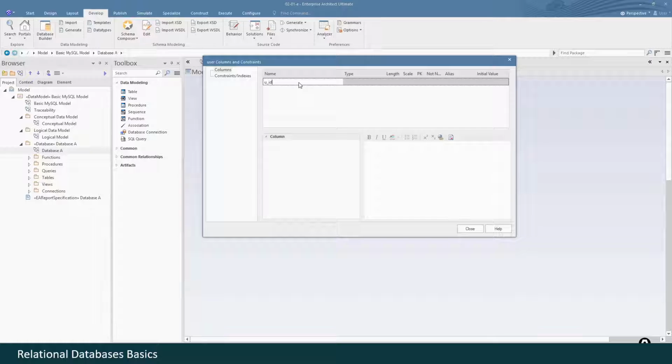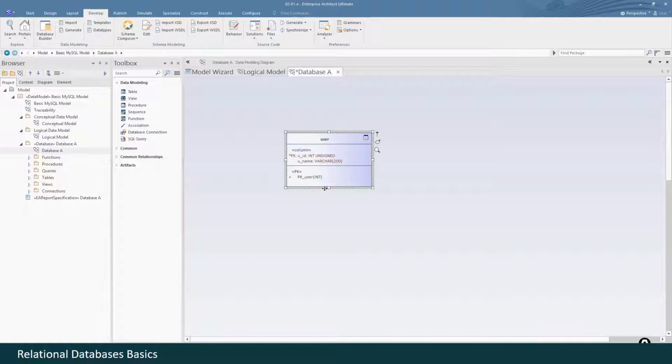For instance, ID and name. Of course, in real life, we also have to fill in the comments here. Let's select data types. The ID should be integer, name should be string, varchar with a length of 200 maximum. The ID will be the primary key, auto-incremented, unsigned in order to double the available range of values. And that's almost all. Clicking close.